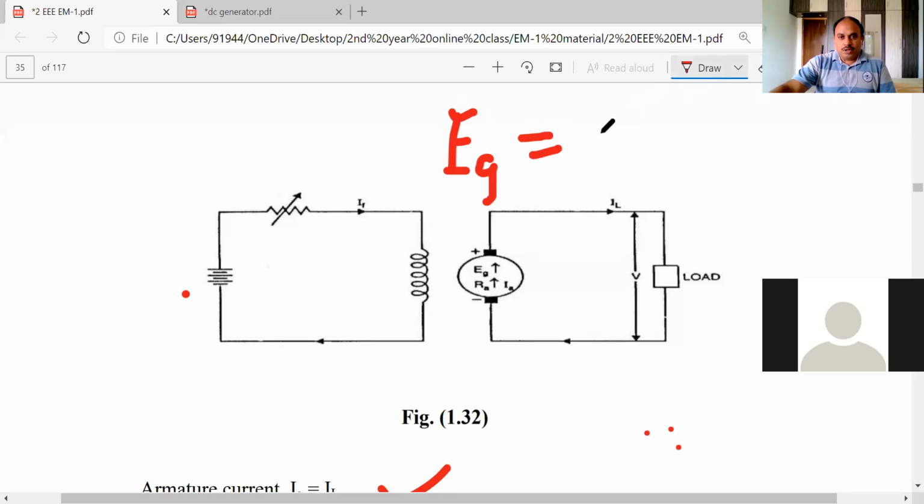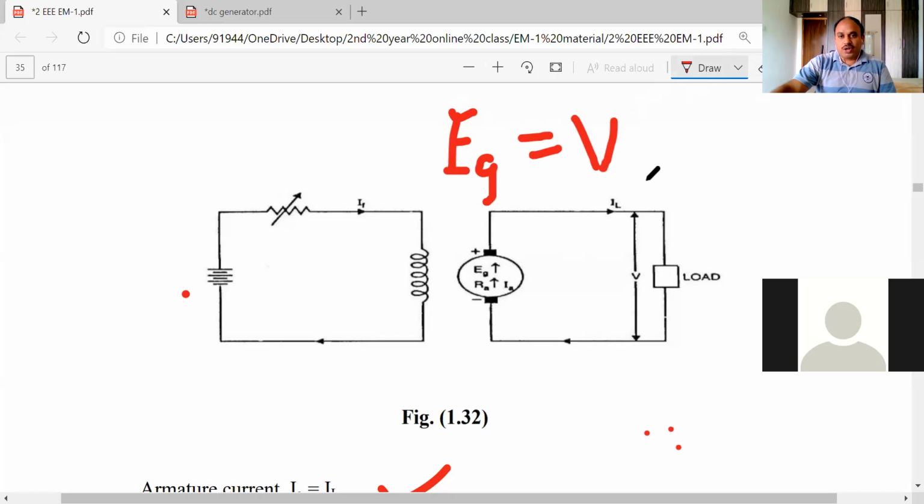According to KVL, the source voltage equals the voltage drop across each resistance in a closed loop. So Eg equals the voltage drop across the load, V,